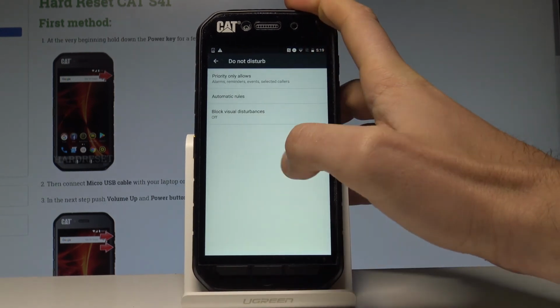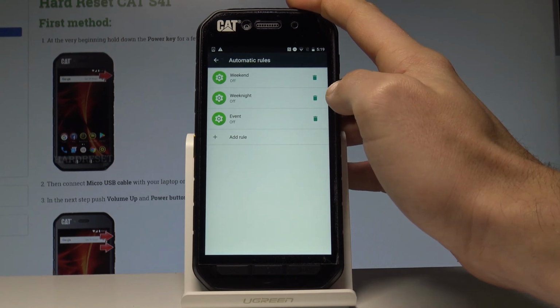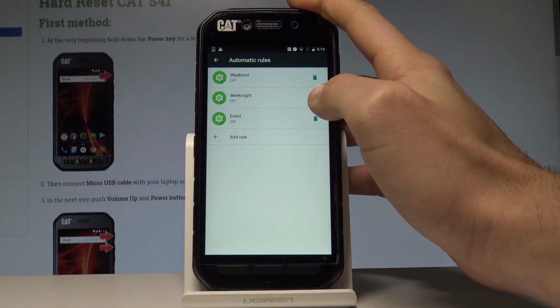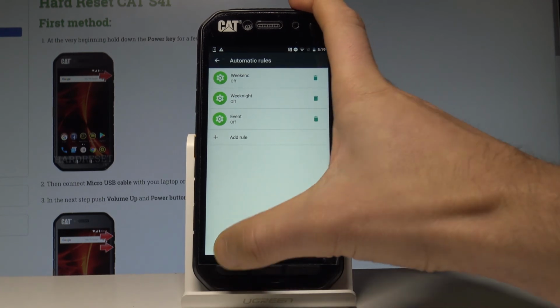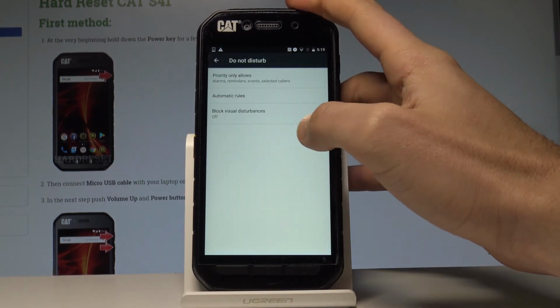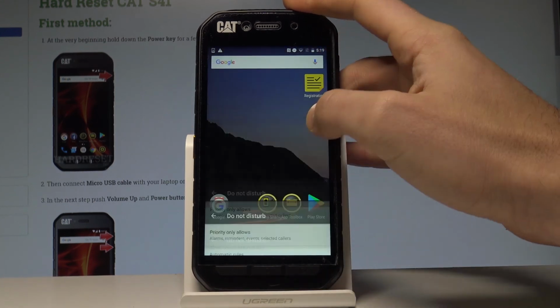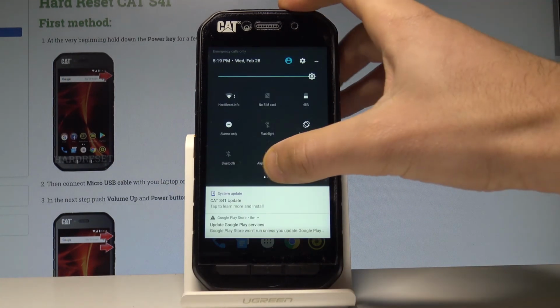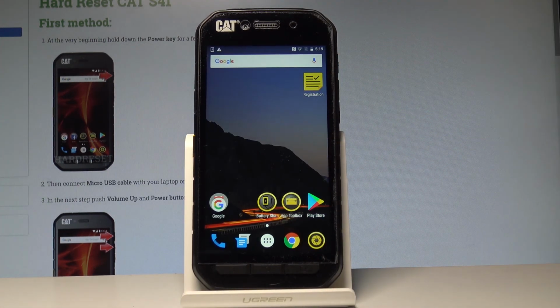Let's go back. You can also choose some automatic rules, so you can, for example, switch on Do Not Disturb automatically every weekend, every weeknight or every event. You can also add some other rule. If you would like to, you can also block visual disturbance. And that's it. If you would like to disable this mode, let's use upper bar twice, tap alarms only again, and now you are free